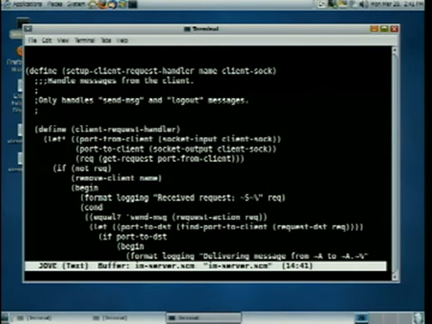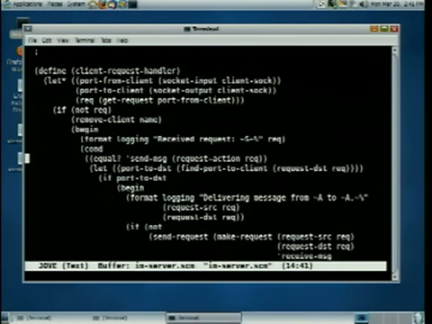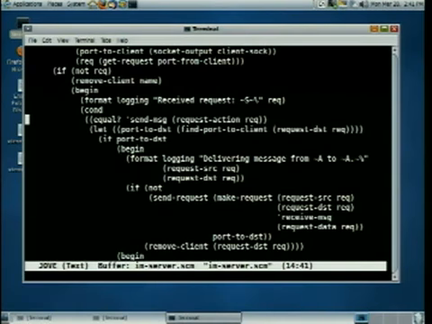This is an internal define of a procedure called client request handler. Takes no arguments. So it says get the input port, get the output port, get the request. If there is no request, forget it. Otherwise, received request. And there are two messages. This is like a dispatch procedure in object-oriented programming. These requests, there are two different actions we know how to do. And the first one is send message.